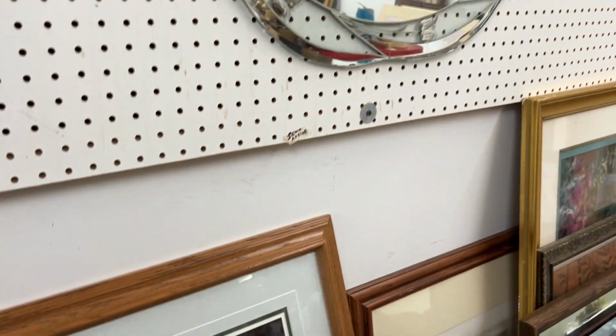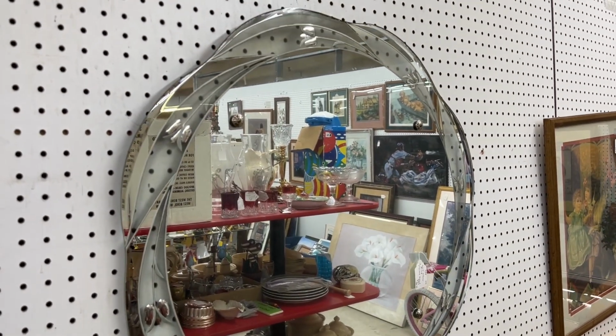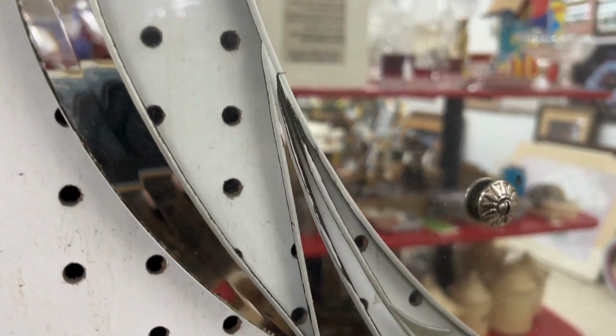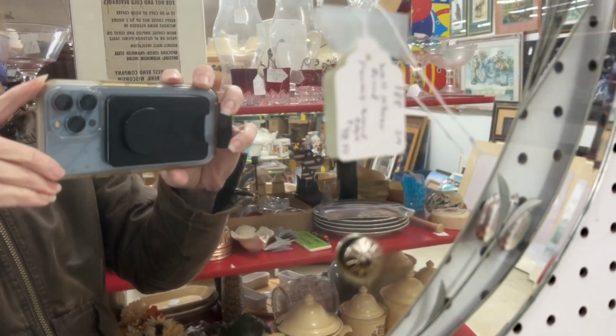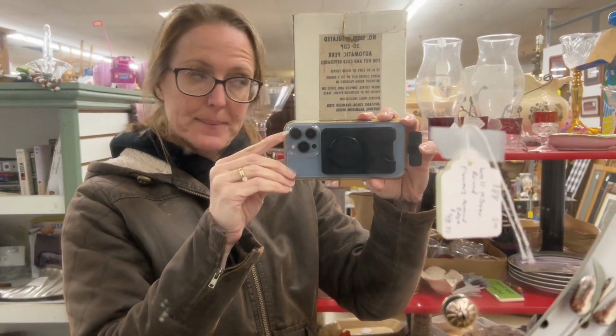And I love this mirror. I did it on a Love It or Leave It on Instagram, and pretty much everybody said leave it, but I thought it was gorgeous. The price is more than I would want to spend, but